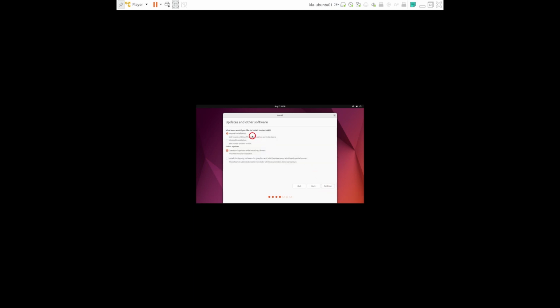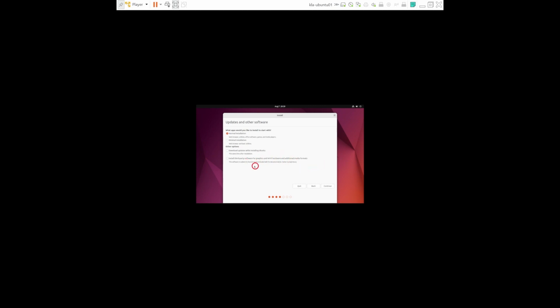The next page asks us if we want to install additional software and perform updates during the installation. So the first thing is, what apps would you like to install to start with? I'm just going to keep it to normal installation. And then the second option says if we want to install updates during the installation of Ubuntu. We don't have to install it, so I will just uncheck that. And then the third option is to install third-party software.